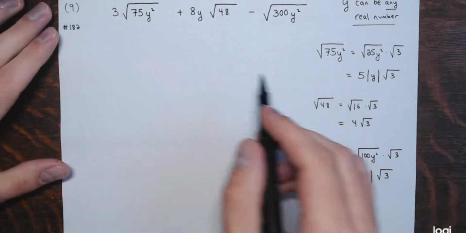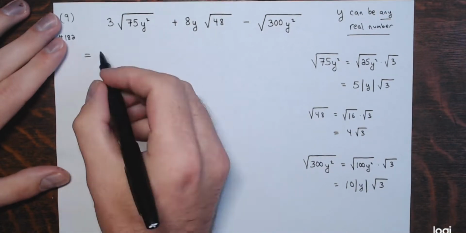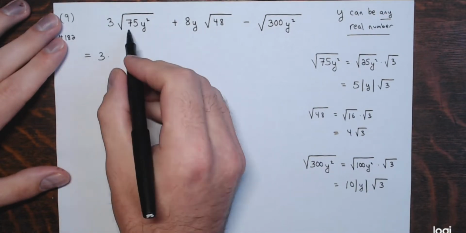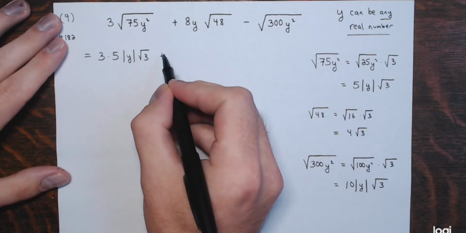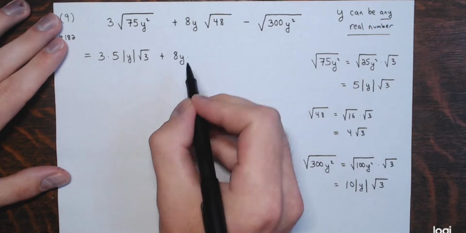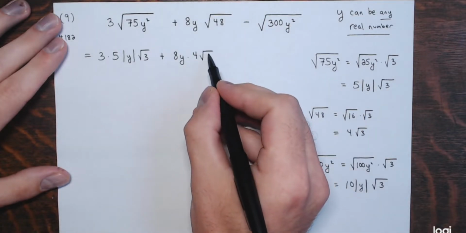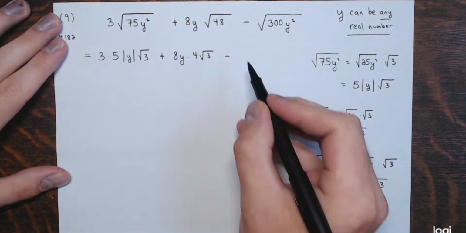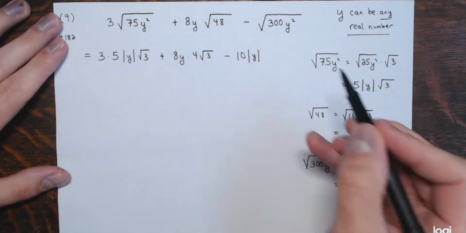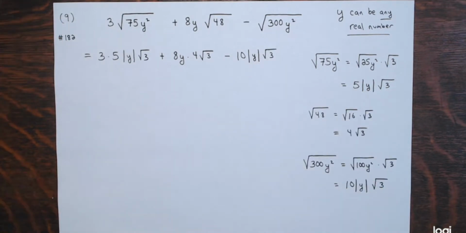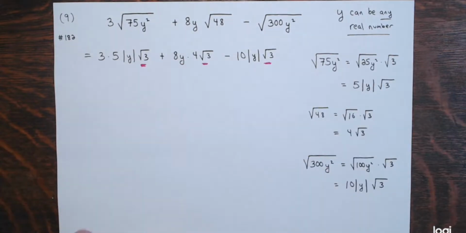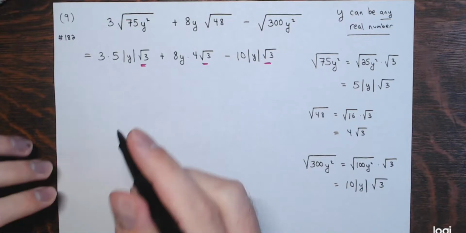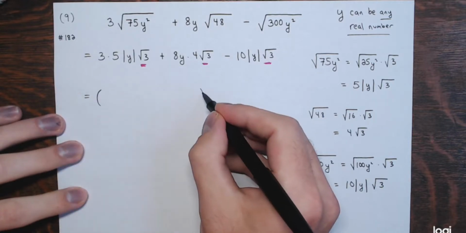Okay, and then putting these into the expression, so we have 3 times 5 times the absolute value of y times the square root of 3, plus 8y times 4 square roots of 3, minus 10 times the absolute value of y times the square root of 3. And notice every single one of these has a square root of 3 in common. Every single term has a square root of 3 in common, and I'll factor that out. We have the square root of 3 pulled out,